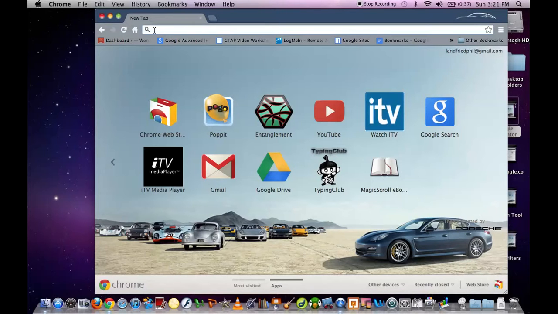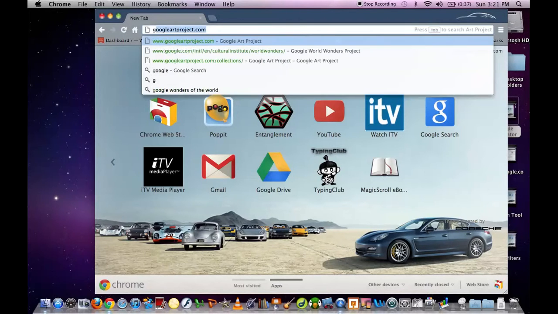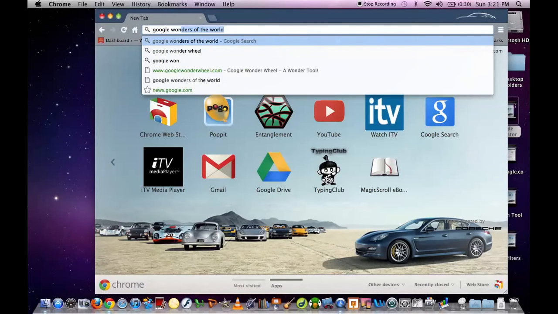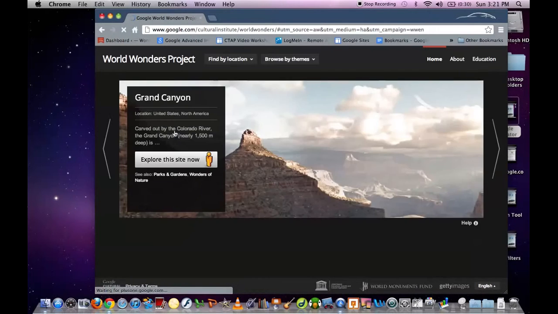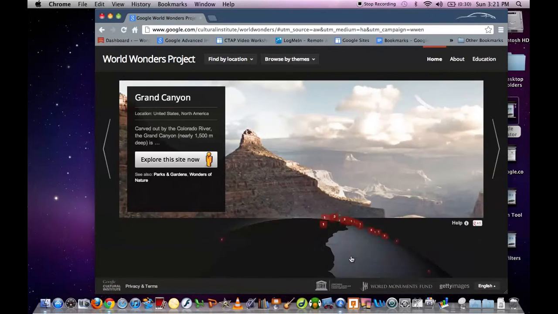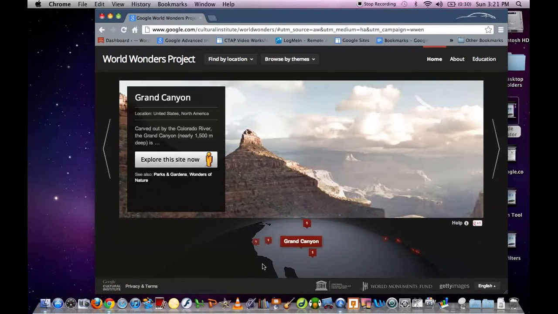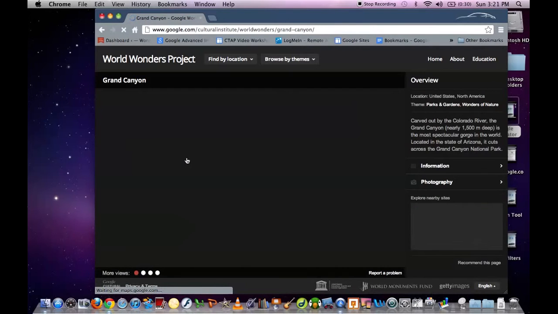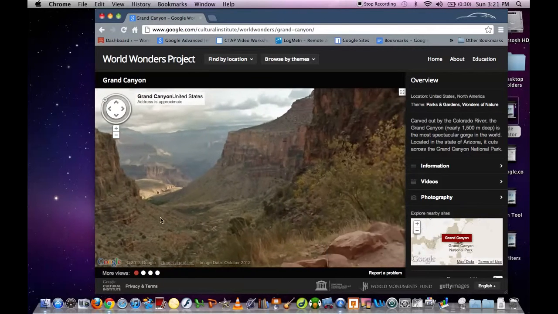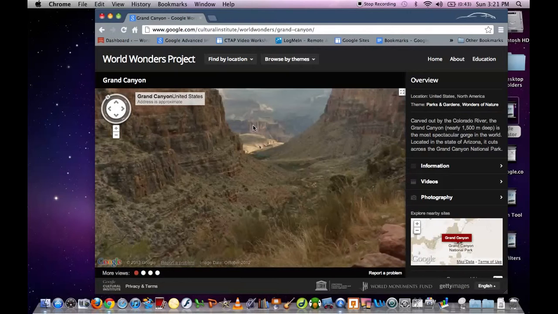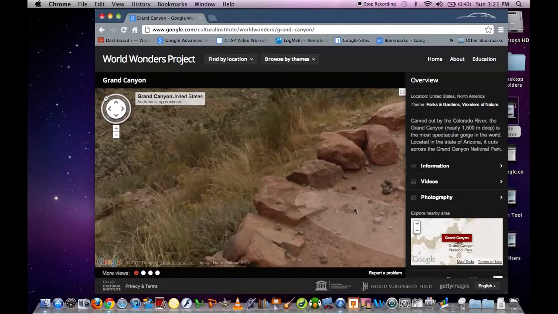Now we're going to go out into the world of nature. We're going to do Google Wonders of the World. Google.com World Wonders. And if you look down here, these are all these places around the world that are in this particular thing. So I'm going to go ahead and click on Explore Site Now, and I can move around in a panorama. You can see this is a trail. I can go on the trail,